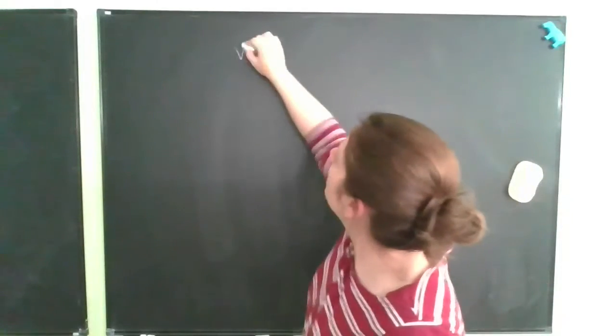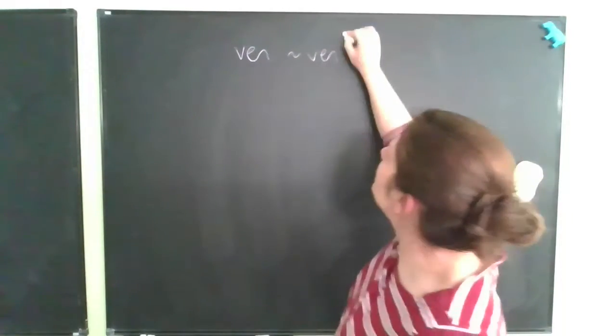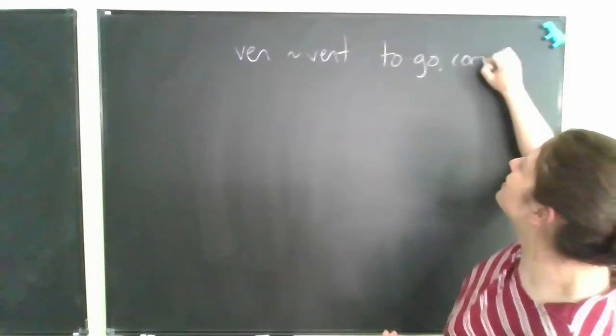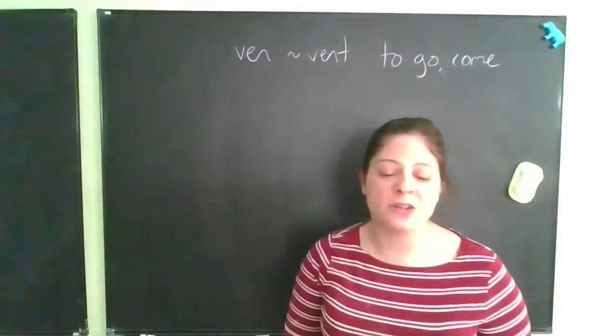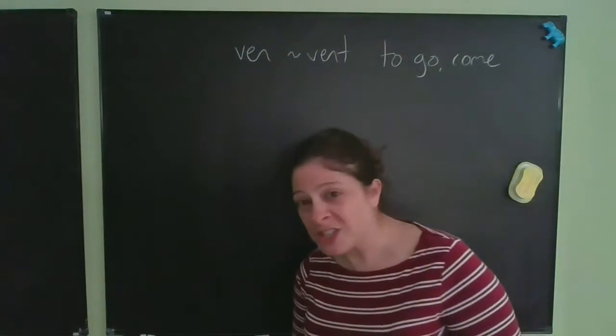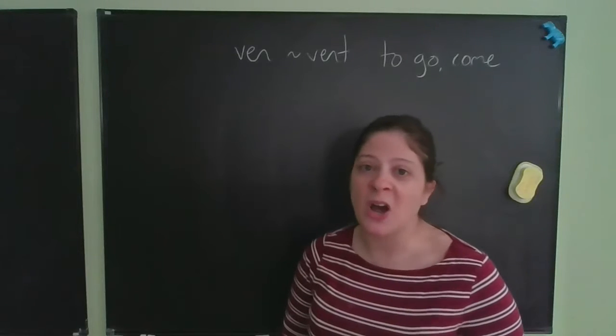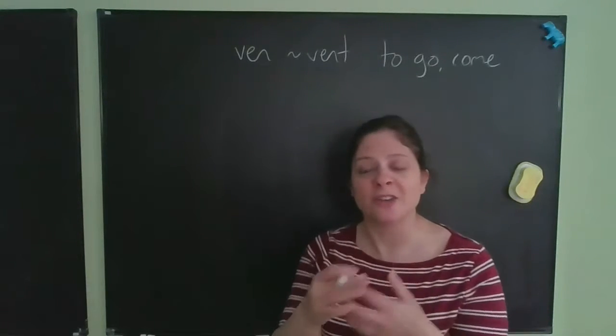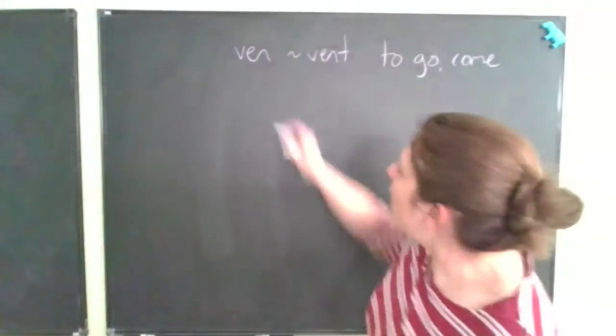Just two more. Then "vent," another pretty basic word. This is "to go" or "to come." It can mean either. It's the same basic idea in the Roman mind. So things like intervene and intervention come from this, or convene, convention would come from this. Convene would be like to go together, to come together, literally. And then